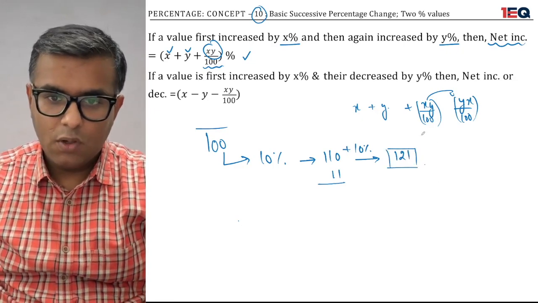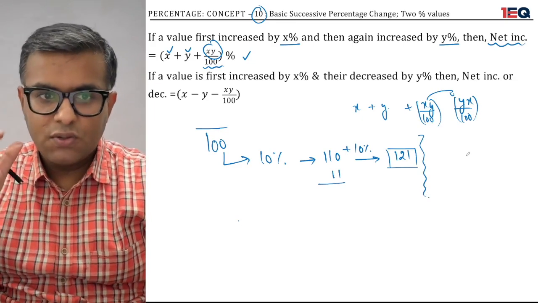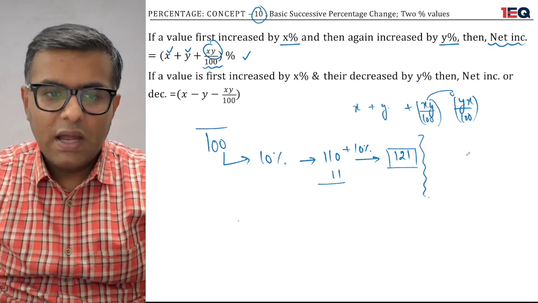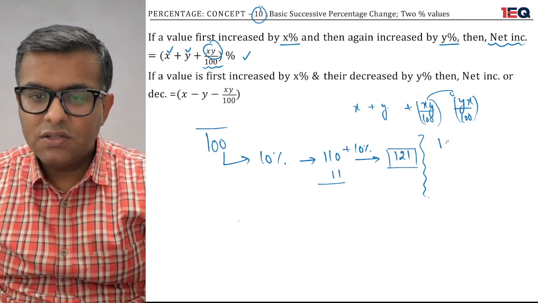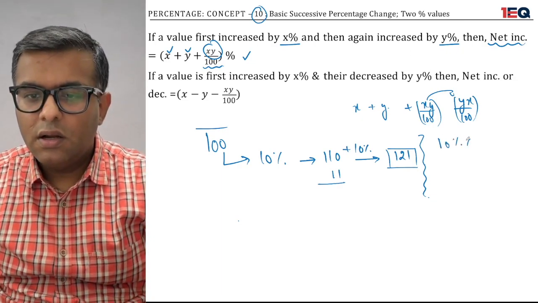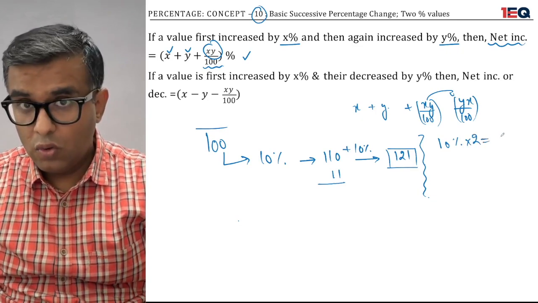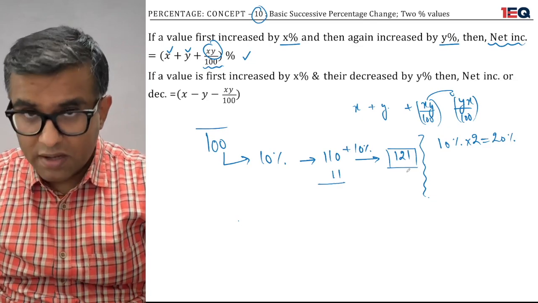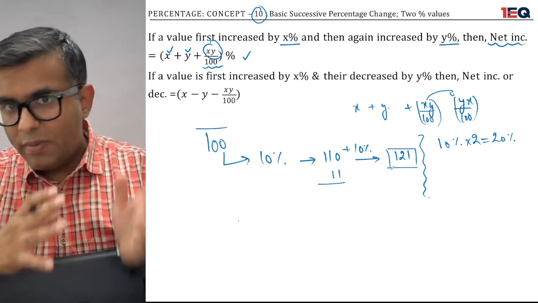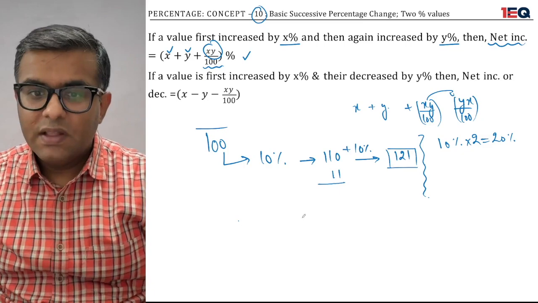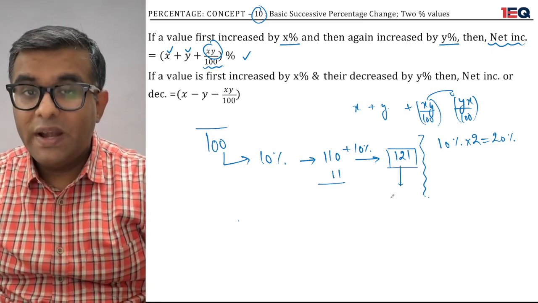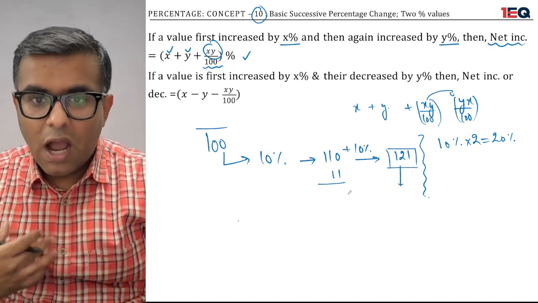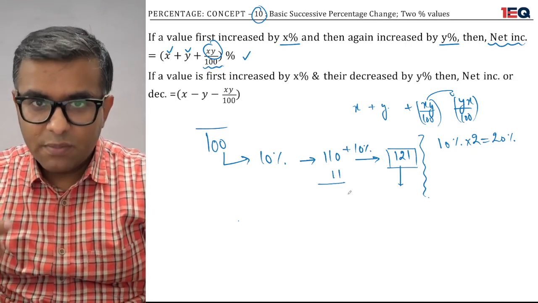121. There must be a few students who might get a little confused because I've talked about successive percentages and I have done a change of 10% two times. So the final output should be 20%. But if I go back in the question, I see that there is a change of 21%. And you'll be thinking, how could I reach 21% so quickly?